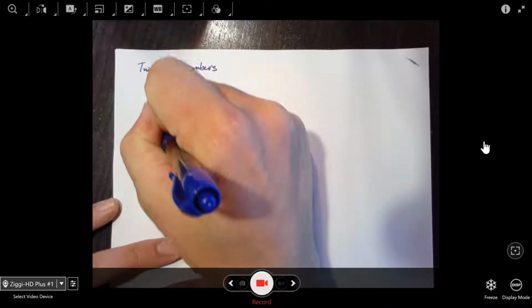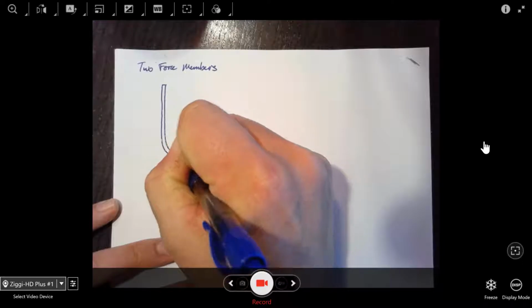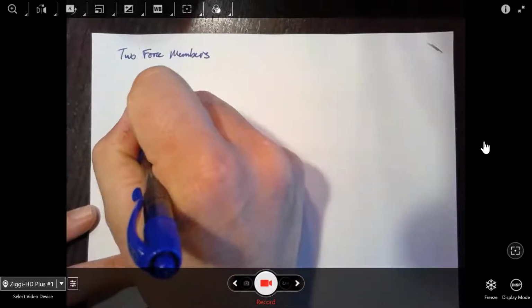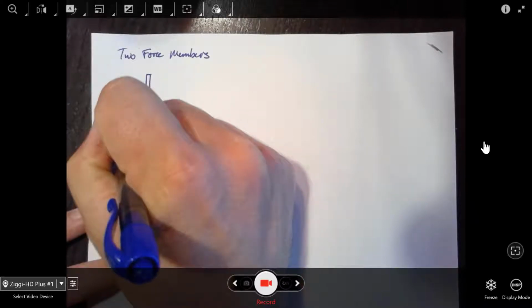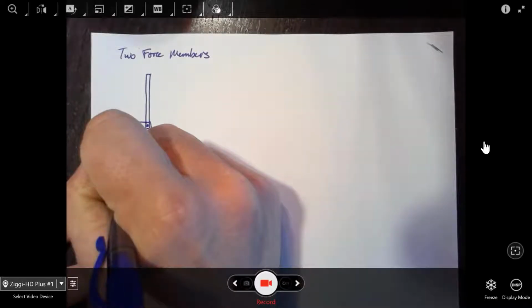We're talking about two force members. To talk about this, there's a sample problem in the book where we've got this brake, or a lever kind of, that comes down, and it's pin connected at the bottom, and then it's got a link that's kind of rectangular shape, like this, that's pin connected